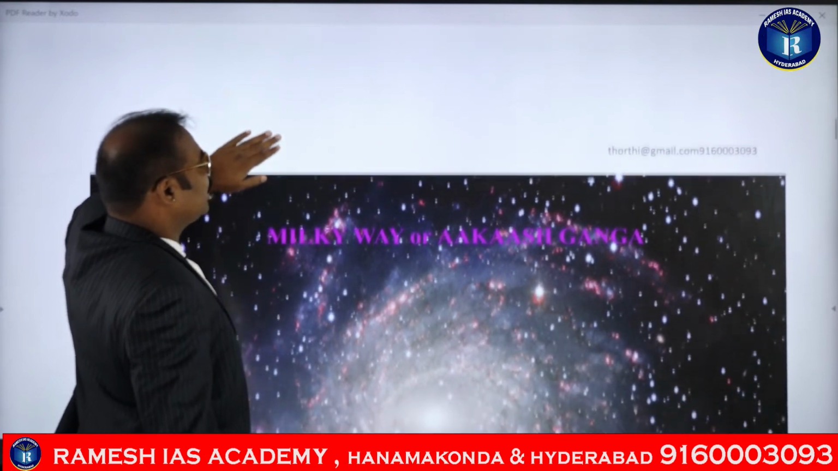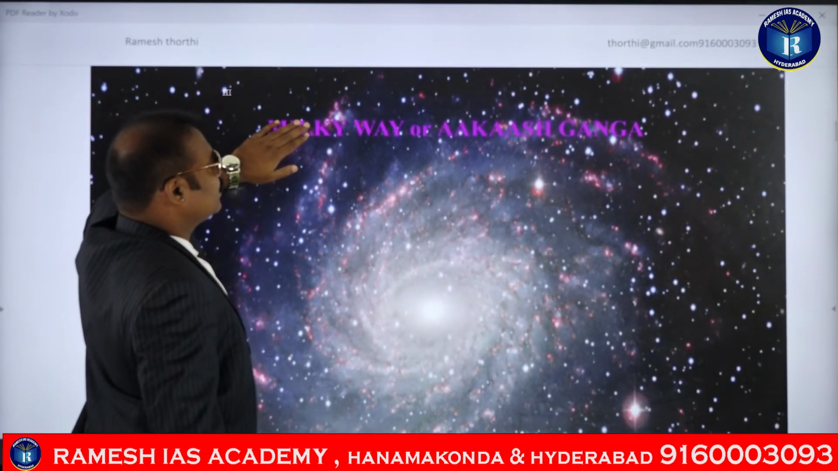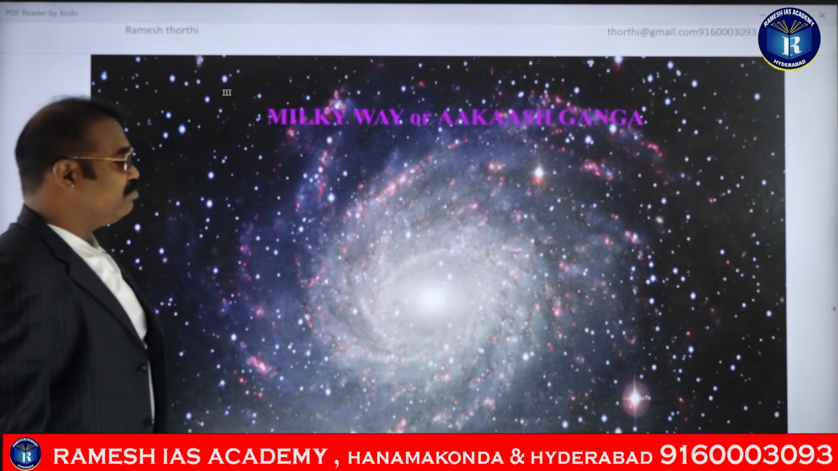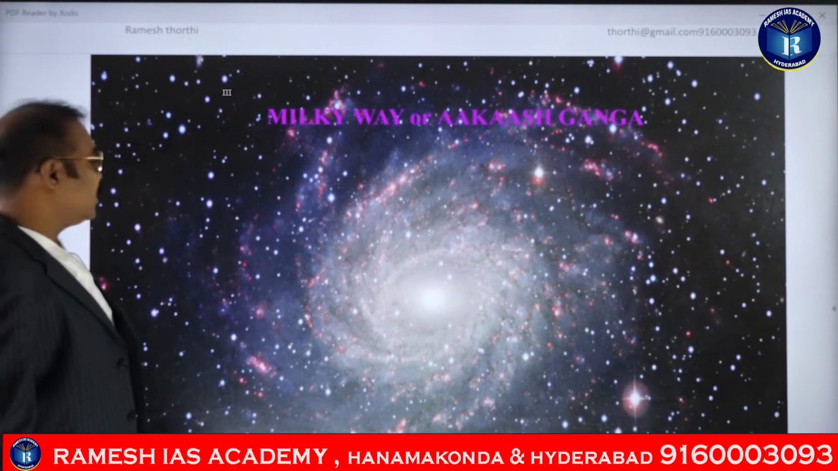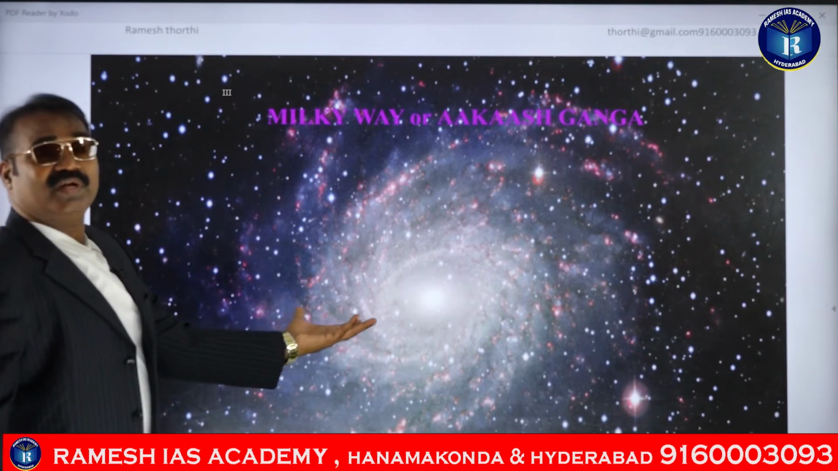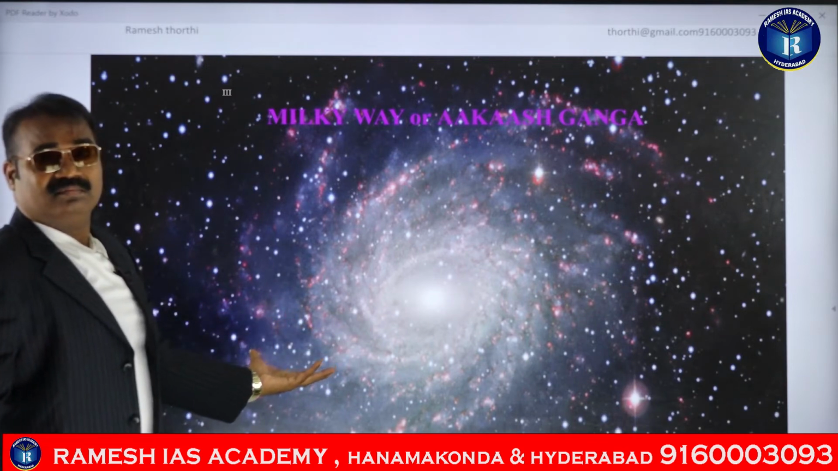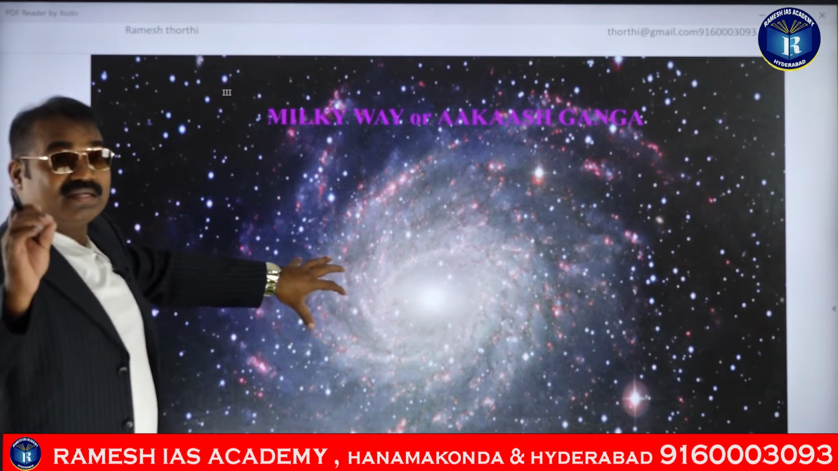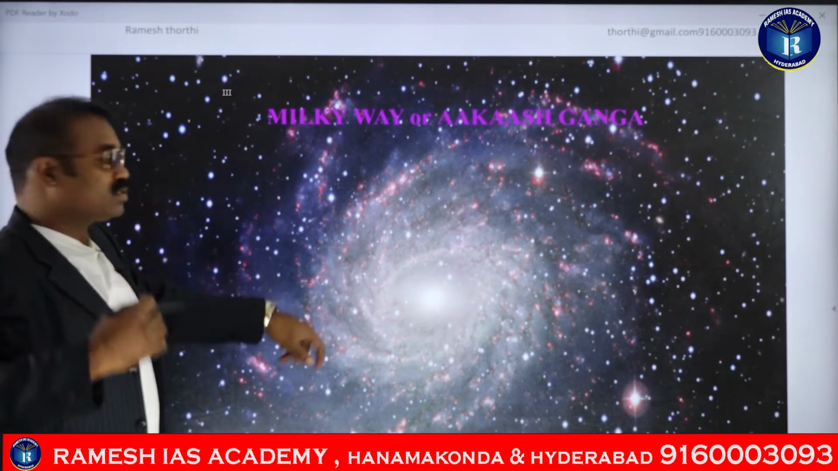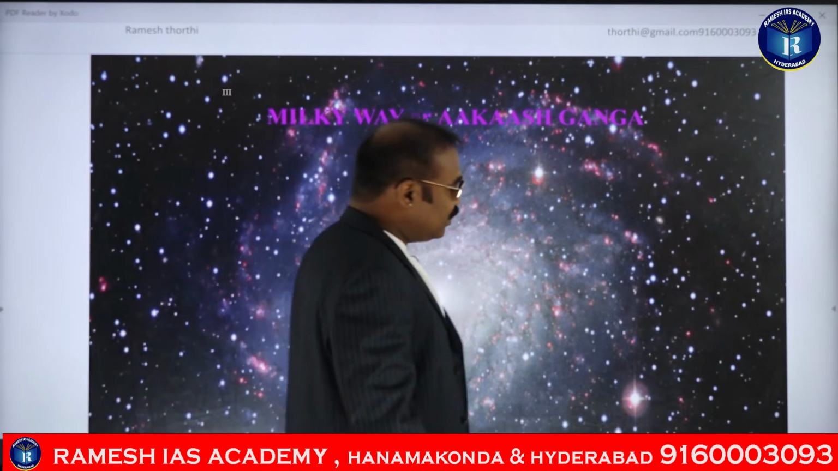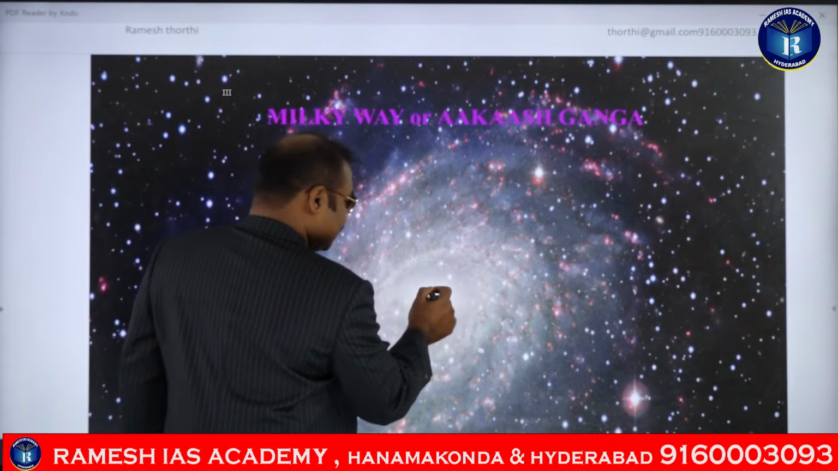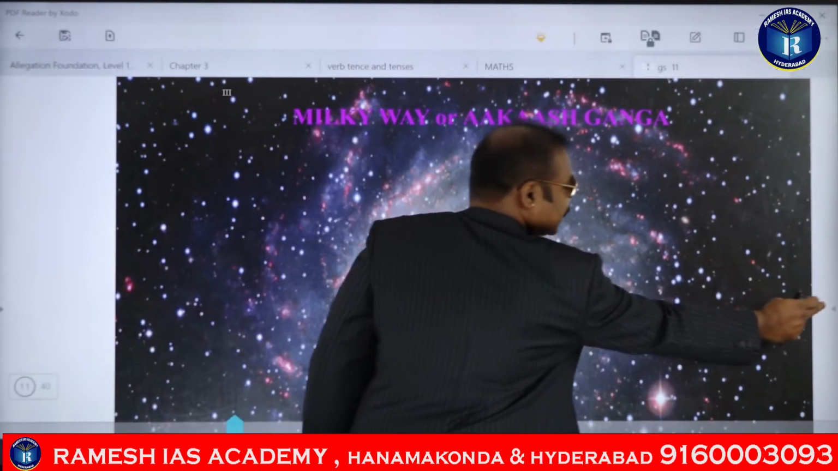Look at the picture of our galaxy, guys. This is our galaxy, the Milky Way. And this is only to the extent that is observable. It is the part of our universe. And within this galaxy, like if this is called the center of the galaxy, guys,